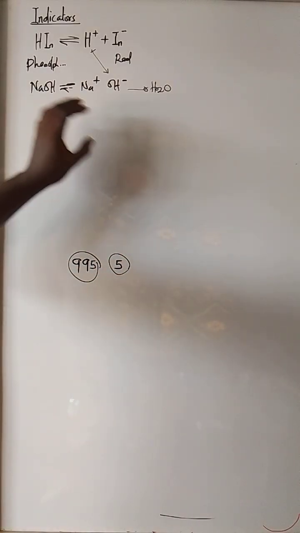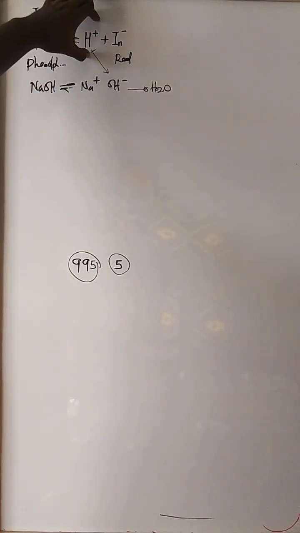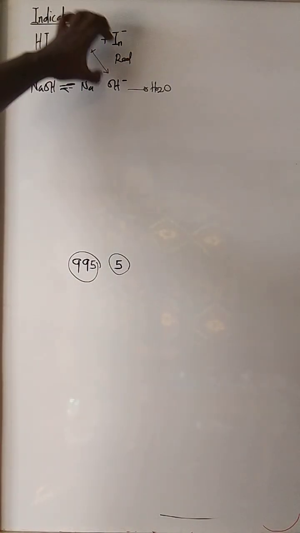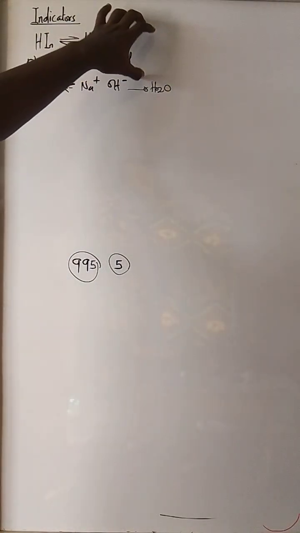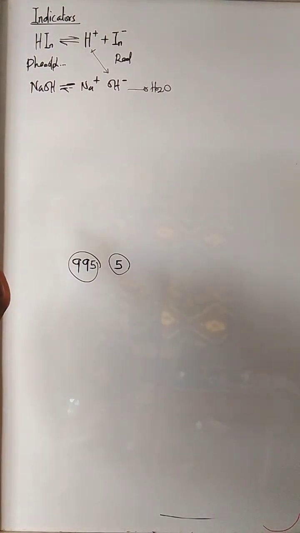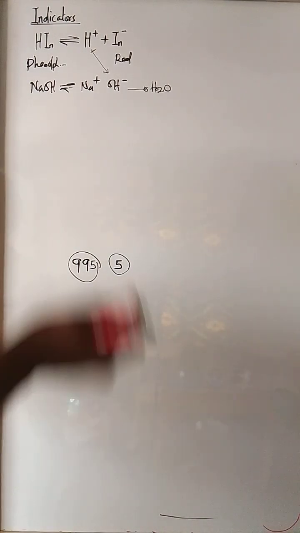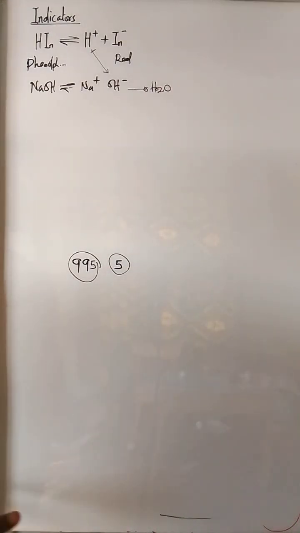So that's why it changes. If we add a base to it, H plus will be used up, more H plus is going to be produced, and the color of the ions will overshadow the colorless. Then the color of that indicator changes from colorless to red or pink. If we are to add an acid to it, so a base to it, for a base, it doesn't have